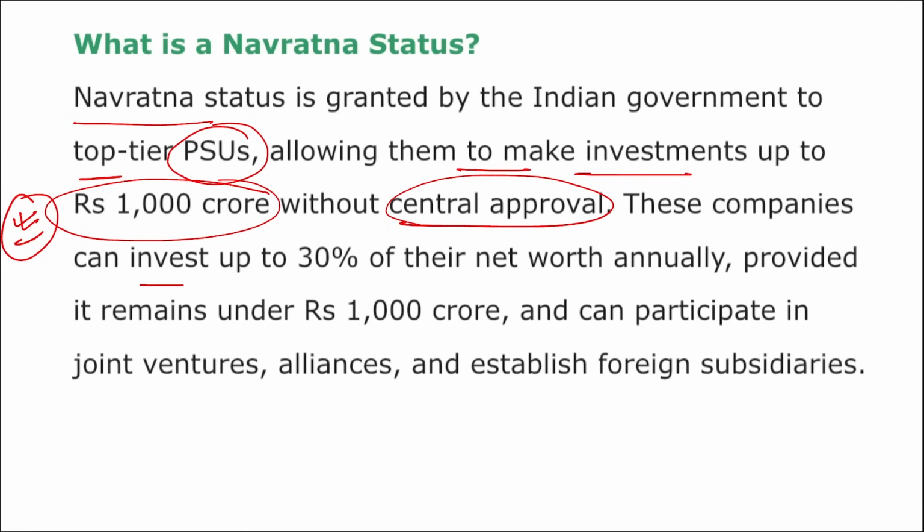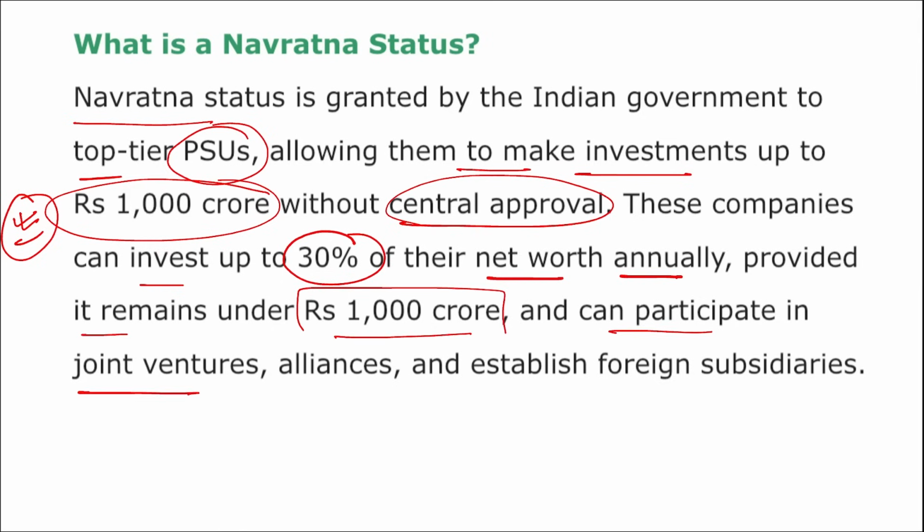These companies can invest up to 30% of their net worth annually, provided it remains under 1000 crore rupees, and they can participate in joint ventures, alliances, establish foreign subsidiaries, and so on. And now IREDA and HUDCO have been granted the Navaratna status. To qualify for a Navaratna status, a company must already hold a Mini Ratna category 1 under the Schedule